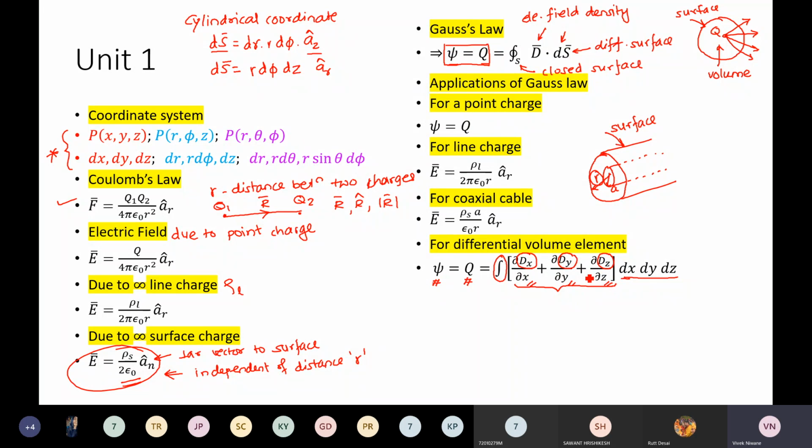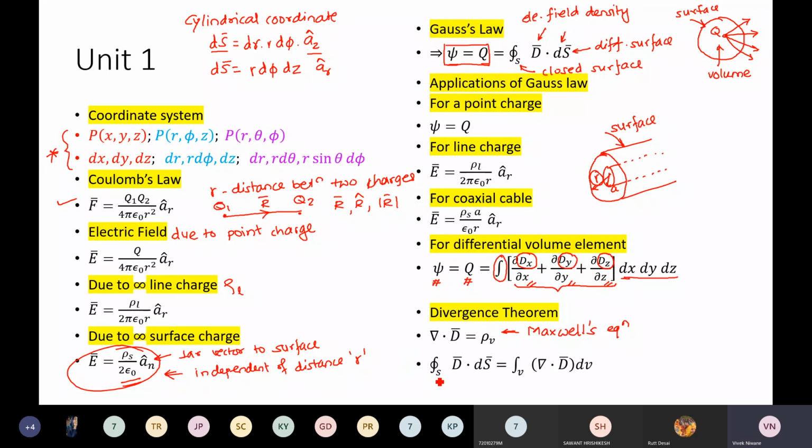Okay. Then later on, we have seen the divergence theorem, which is very, very important. In the divergence theorem, we came across one expression which says that del dot D bar is equal to rho v. This is very important, and it is going to play a very important role when we see the Maxwell's equations. वहां पे इसकी जरूरत पड़ने वाली है. So in the derivation, we came across this step where del dot D bar is equal to rho v.